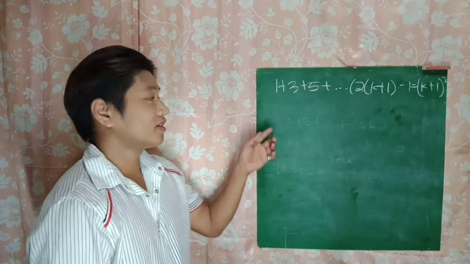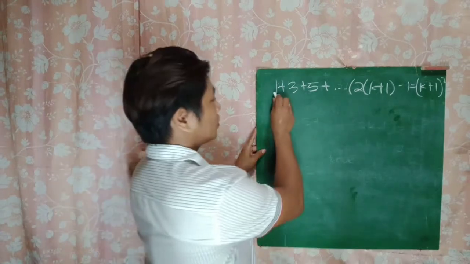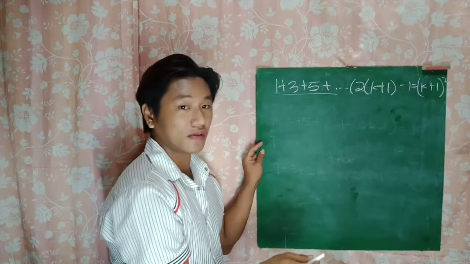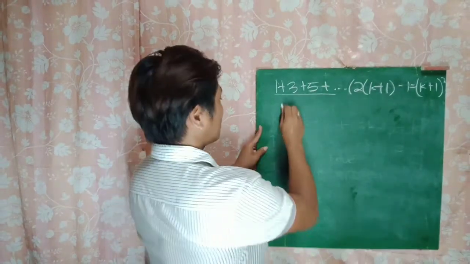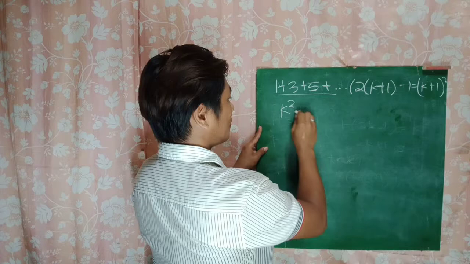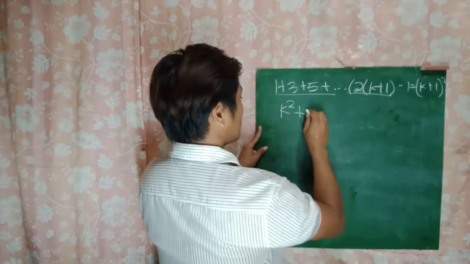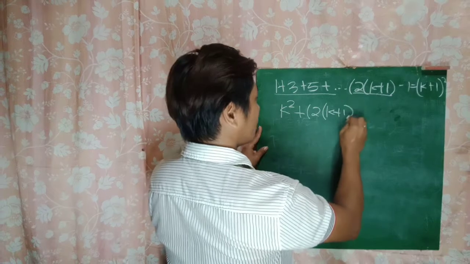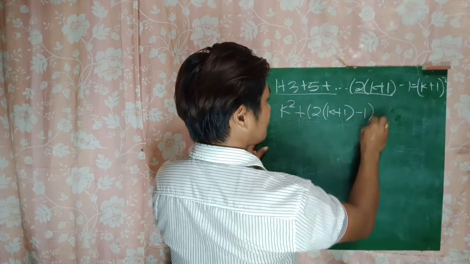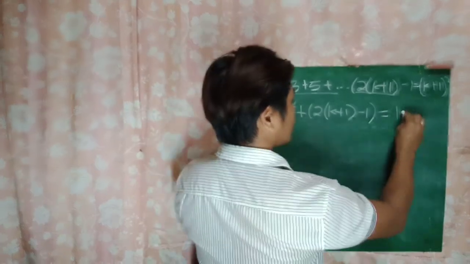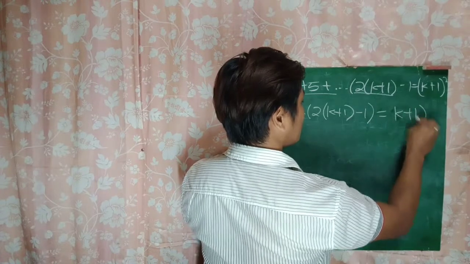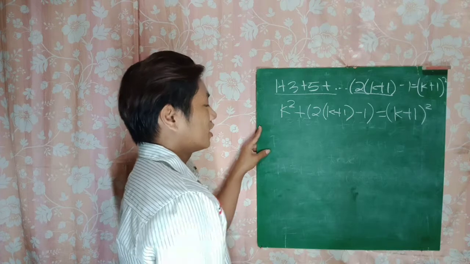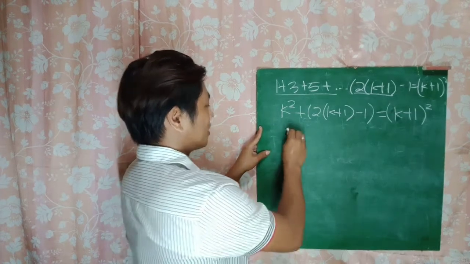So upon proving this equation, we need to substitute this value into the given value of k squared. So we have k squared plus this equation, 2k plus 1 minus 1 equals 2k plus 1 squared. So in the next step, we need to copy the k squared,